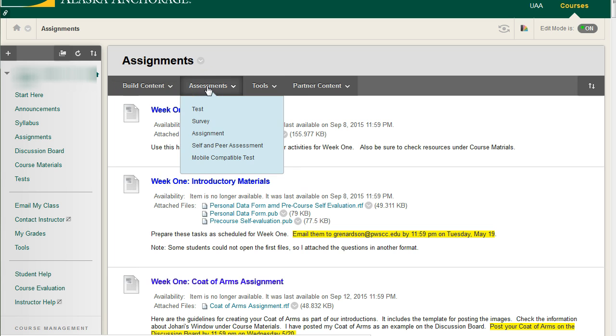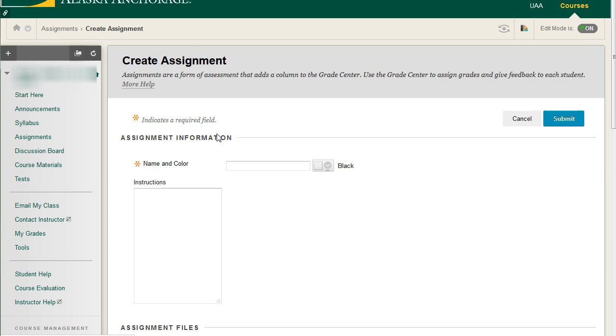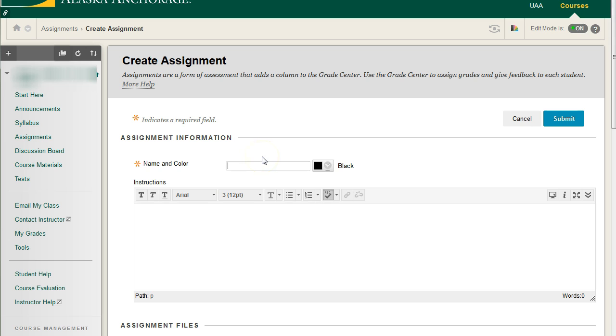And we can see that we have the option of doing a test, a survey, an assignment, and so on. Now, chances are, when you make an assignment, you're doing so because you want a student to actually upload a file that you will then grade. And that could be an image, it could be a PDF, a Word document. In fact, you can even have them upload multiple files as part of the same assignment. And the only way to enable that is if we go to the Assessments tab and then create an assignment type. If you go ahead and do that, we'll give the assignment a name, so test assignment,